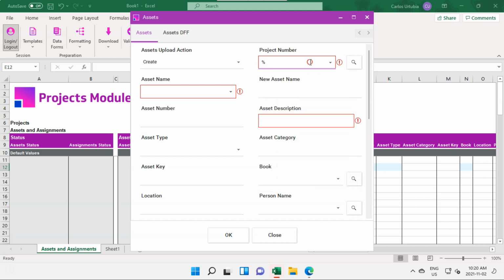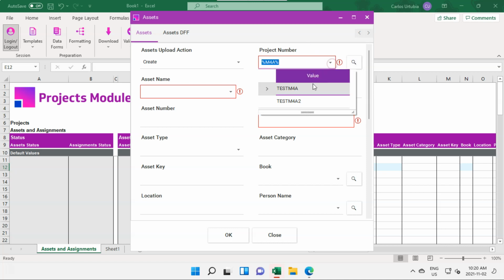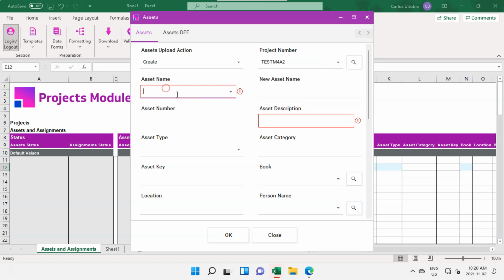If I want to do a query on it, I will just put the search criteria, press the search button, and that will bring me all the different projects that match. And I would put some basic information like the asset number and asset name. In my case, I have automatic asset numbers, and I'm not putting that. Then with the book,